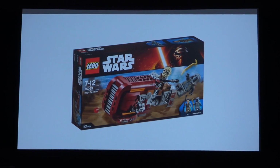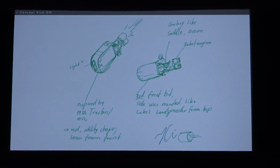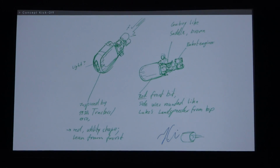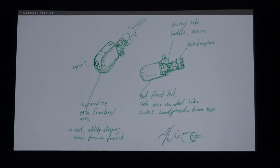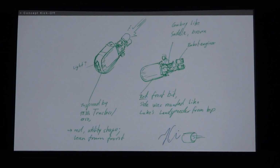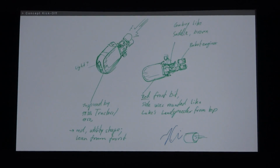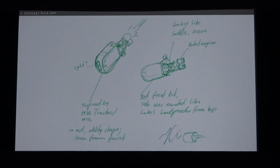So what we'd like to do is show you where it all started. This is an actual sketch that one of the product designers did when he was out at, I believe, Pinewood Studios. Our product designers get to go to see where they're filming these movies. They get to see the sets and the models. That's because Lucasfilm is very protective of their assets and reference material. They don't want to give that out for fear that it might